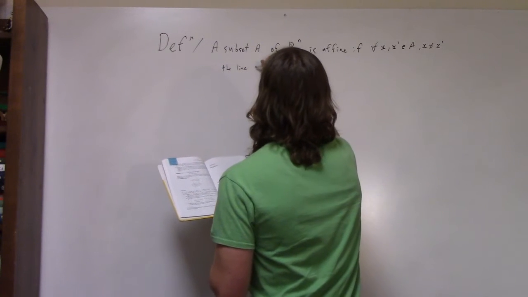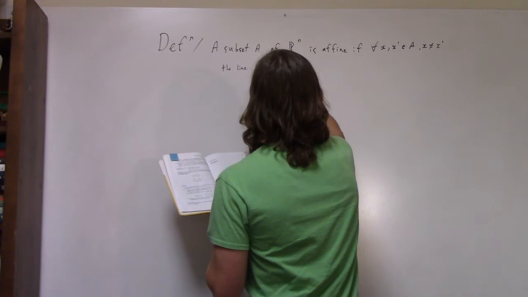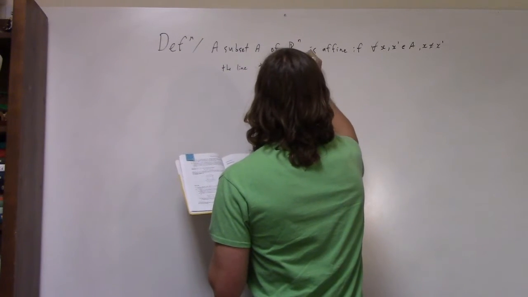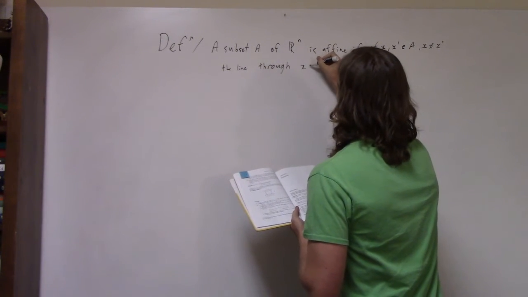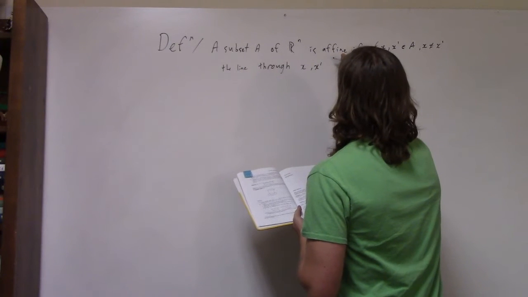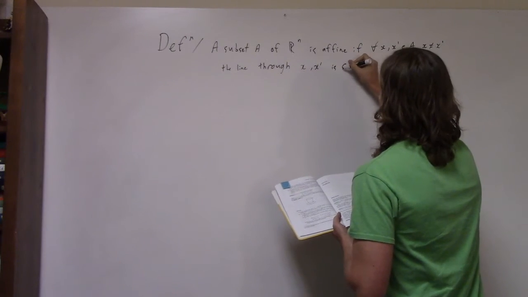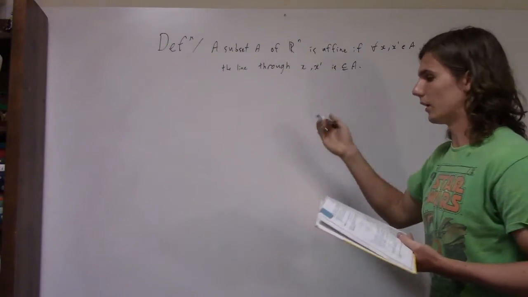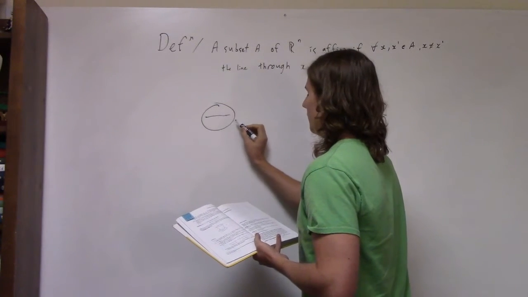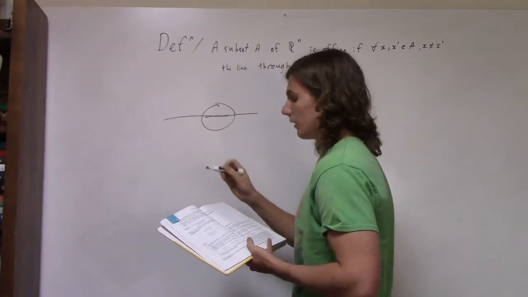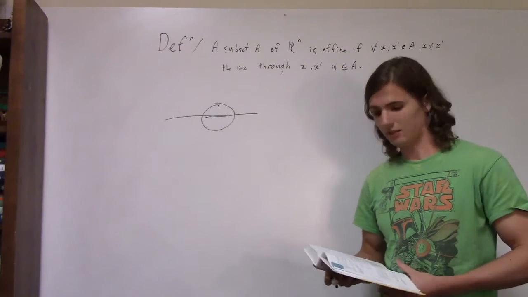And you might wonder, well, that kind of sounds like how we defined convex space. But the difference is that convex talks about line segments, while affine spaces talks about the entire line. So for example, a disk would be convex since any two points you can do the segment between them. But it's not affine because if you did the entire line, it would not be contained. Affine implies convex? Indeed it does.